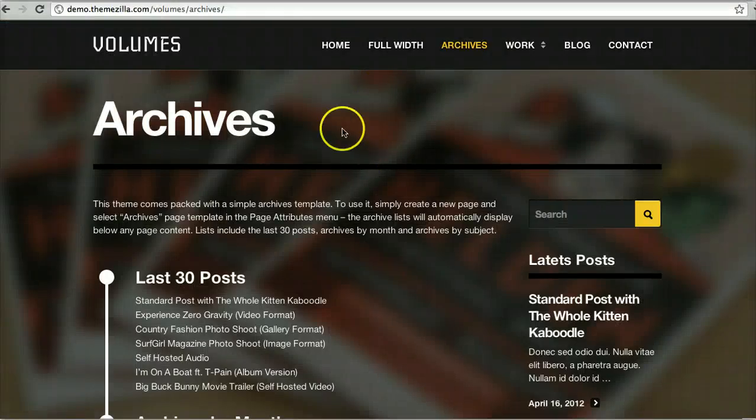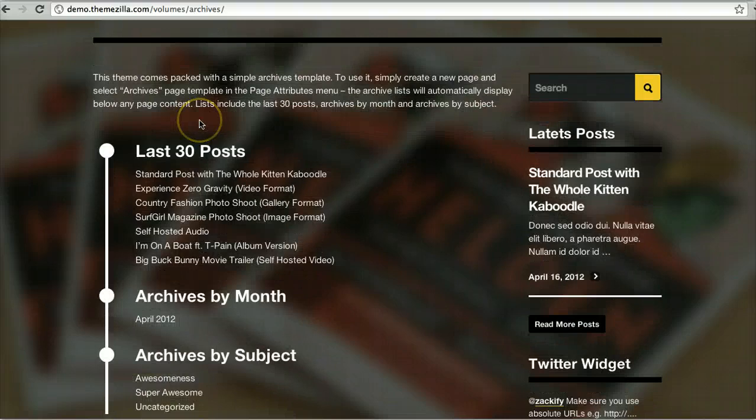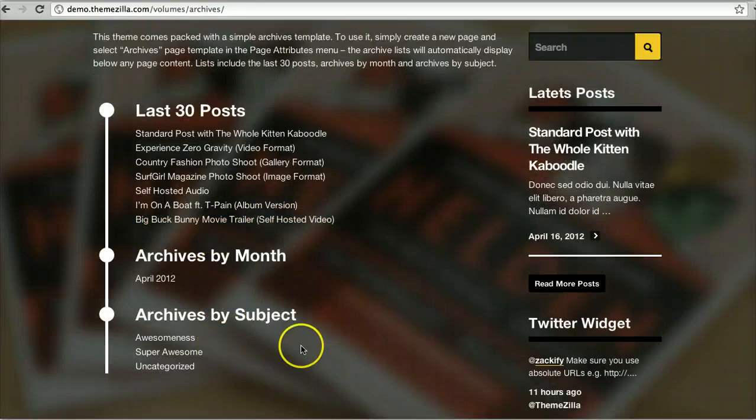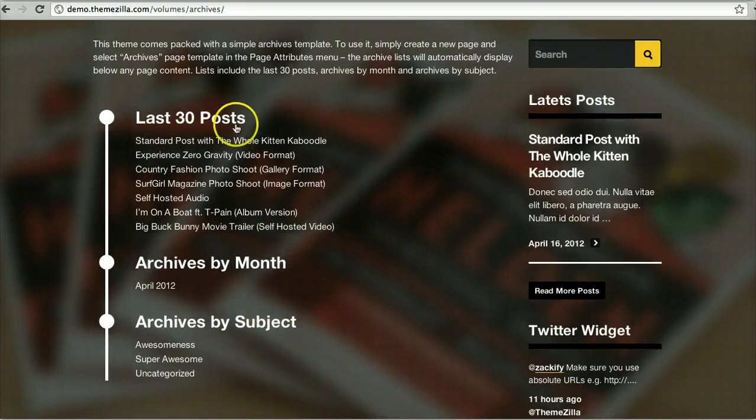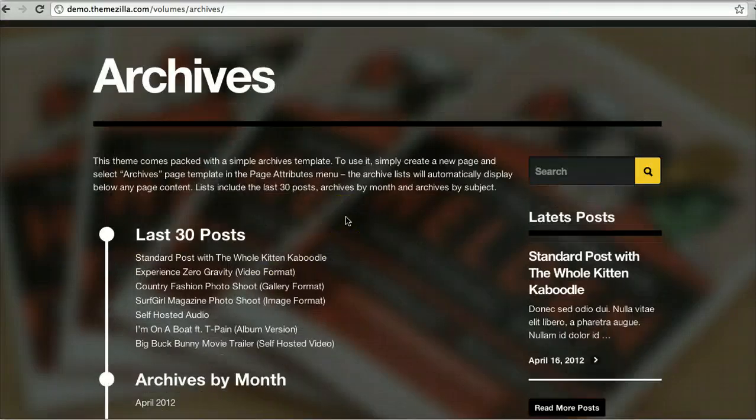Final point is I'm looking at a theme called Volumes by Themezilla, and they do include in this theme an archives template, and it really is quite a simple one, more of a traditional one where they list the posts, the last 30 posts, the archives by month, and then by subject. And all they've done is add a little graphic at the side here that expands and retracts as the list grows or diminishes, to just highlight the fact that there is content here.